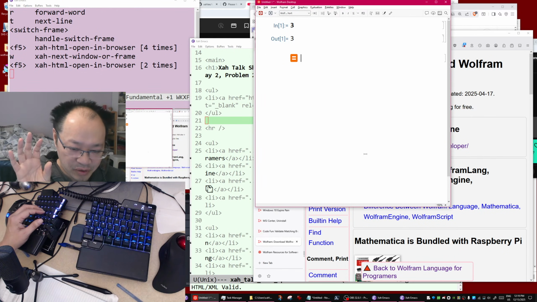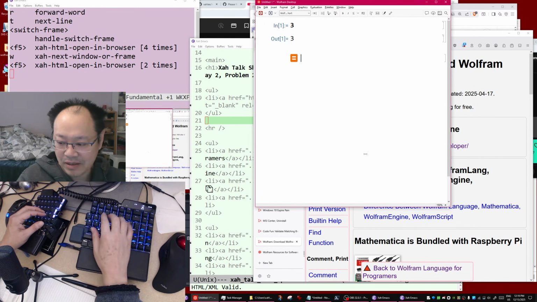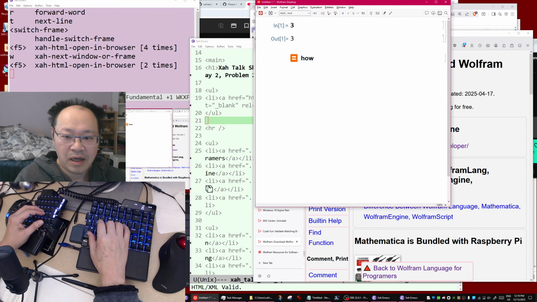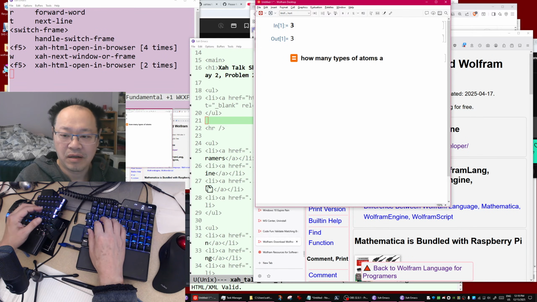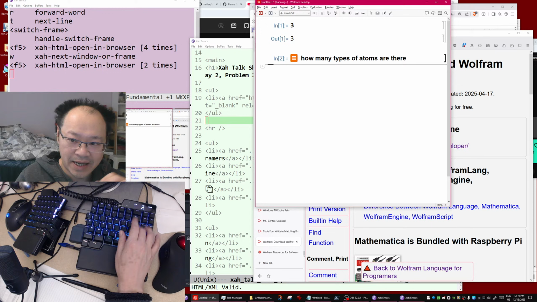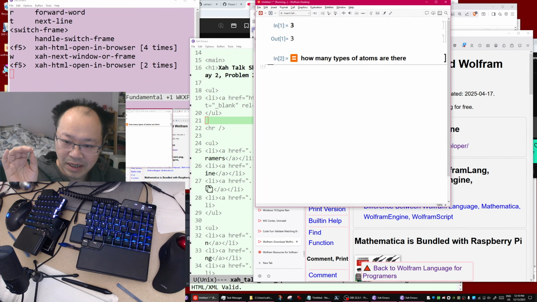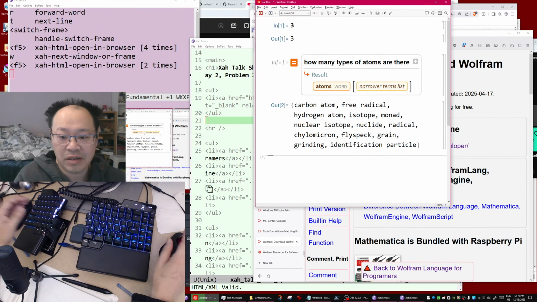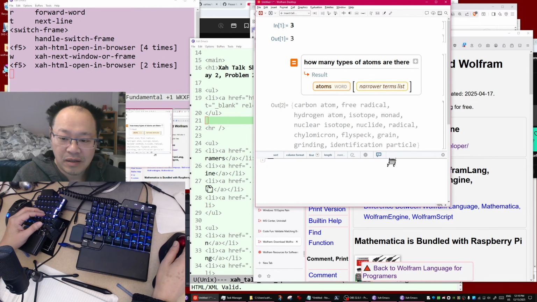And you can ask any question. So type an equal sign. That's the syntax to ask any question. So how many types of atoms are there? This is a silly question because there's only one kind of atom, but you can ask it. Then it functions like Wolfram Alpha, which is a computational engine to search for the solution. So it says,